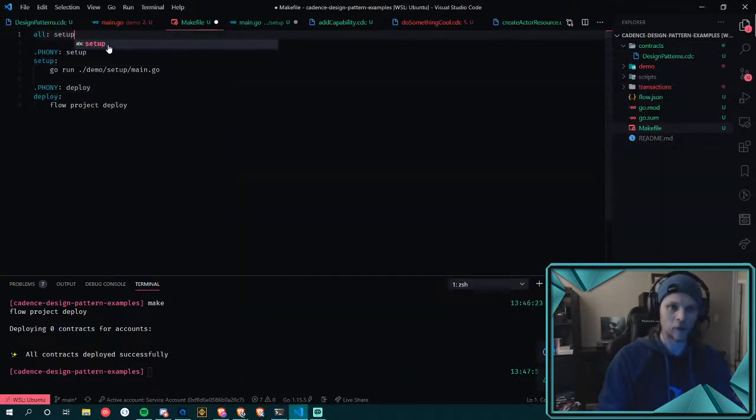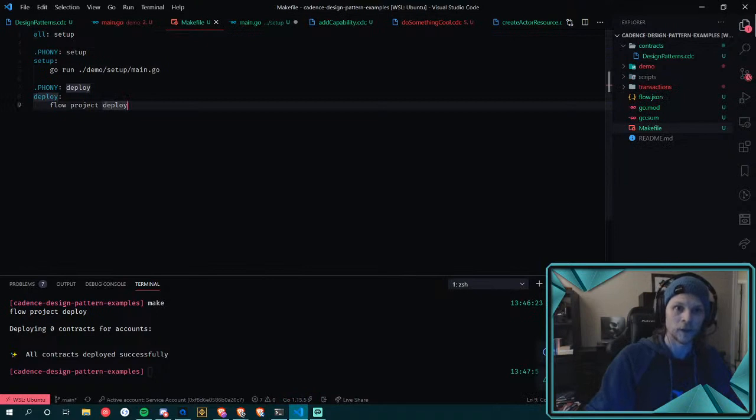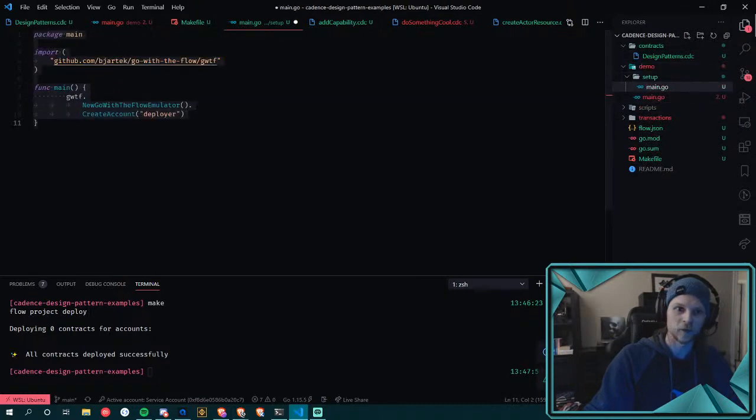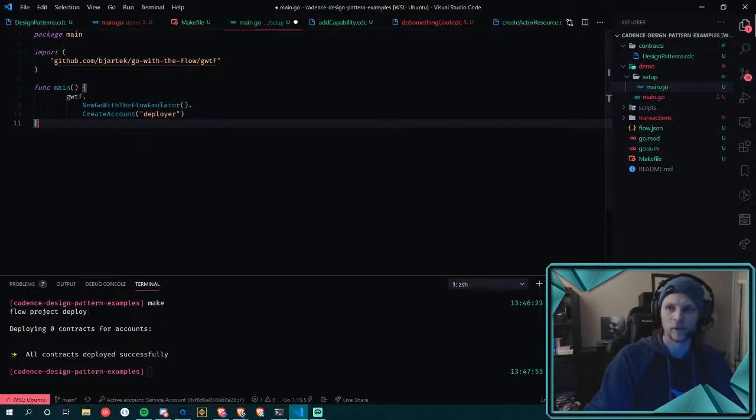What's confusing me is that a friend and I have created some tooling that's supposed to handle some basic emulator functions for us. So I should be able to create this account using this tooling and then deploy all my contracts using the Flow project deploy